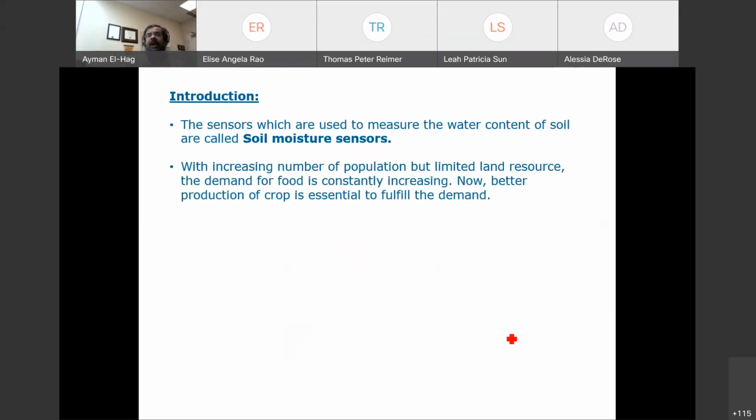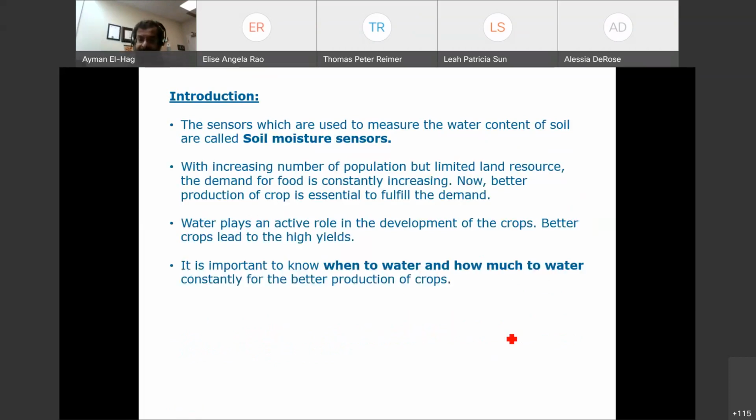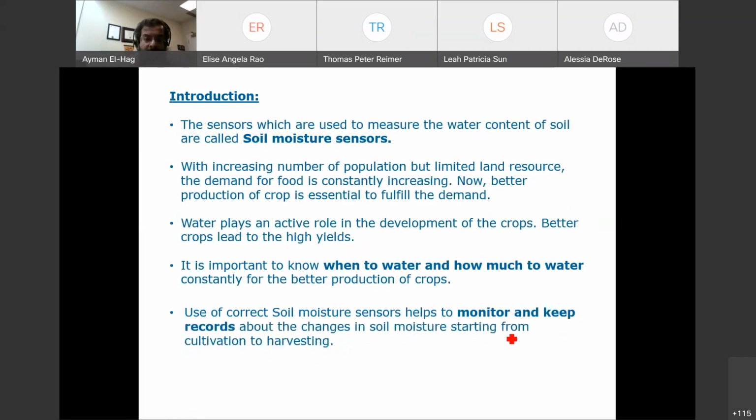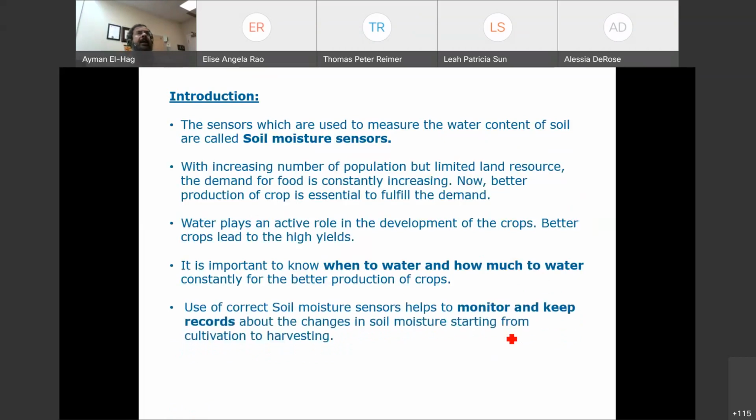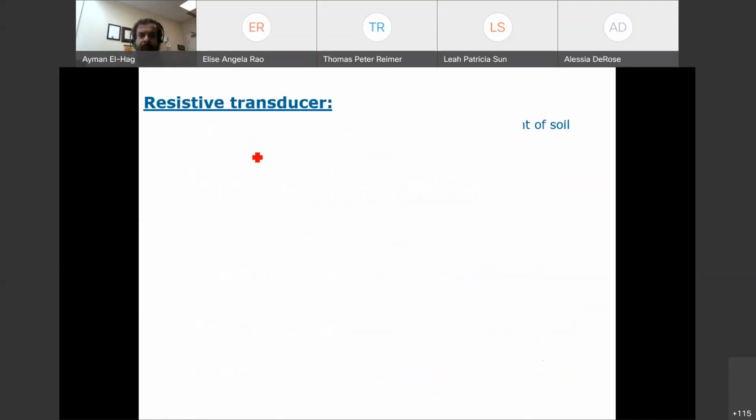Is the soil dry or is it wet? If it is wet, how wet is it, and then we can arrange the irrigation period so that we optimize our resources and we don't just throw the water like this. And how to tell when to start the irrigation is by using this type of sensor, which is here the resistive sensor or soil moisture sensor. How it works: